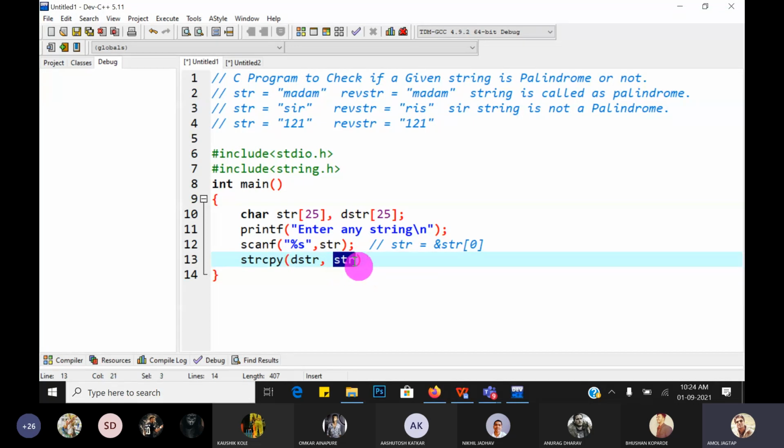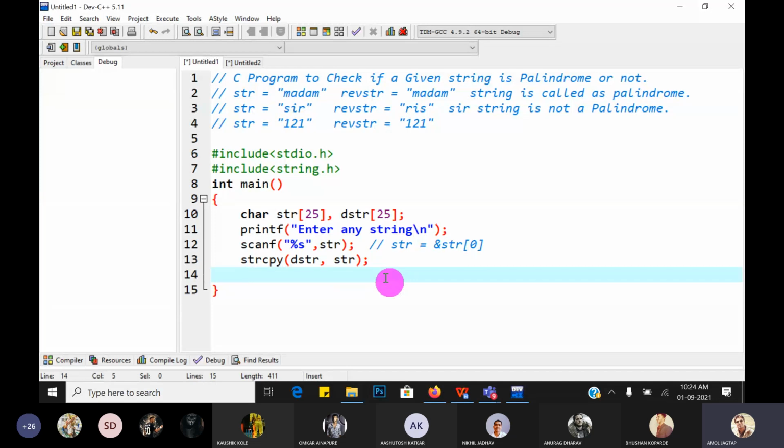So we have to copy our str string into dstr. Why is it required? Because, guys, we should not modify the original string. We have to modify the destination string in the reverse manner. Why do we require reverse? Because in the palindrome problem statement, first we have to reverse the original string, and after reversing, check whether the reverse string and the original string are equal or not.